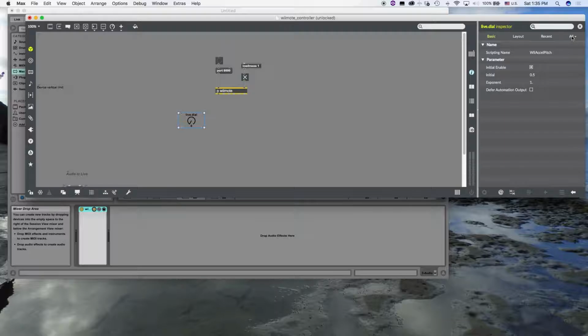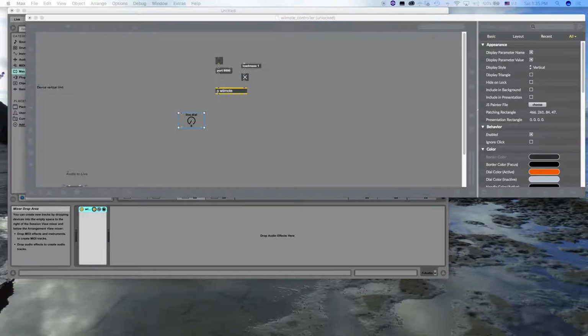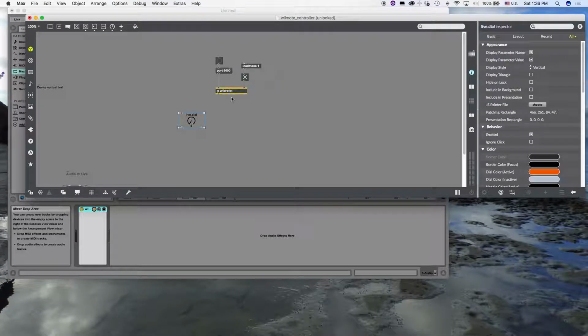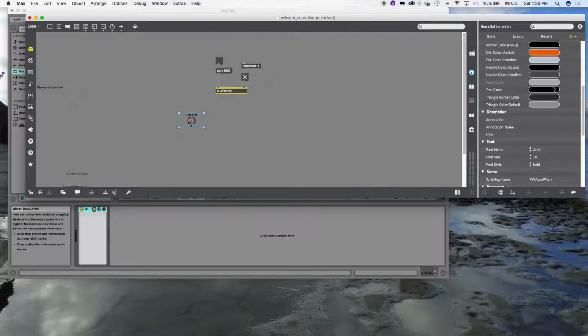Now we're not done. We have more things that we need to do that are pretty important. So we're in the inspector, right? And I clicked on this basic tab, but you actually want to go and click all. And there's a really important reason for this. Right now we're not looking at floating point data, right? Because we don't see a decimal here, and we need floating point data. That's going to be really important. So what you need to do is go to the All tab and scroll down and